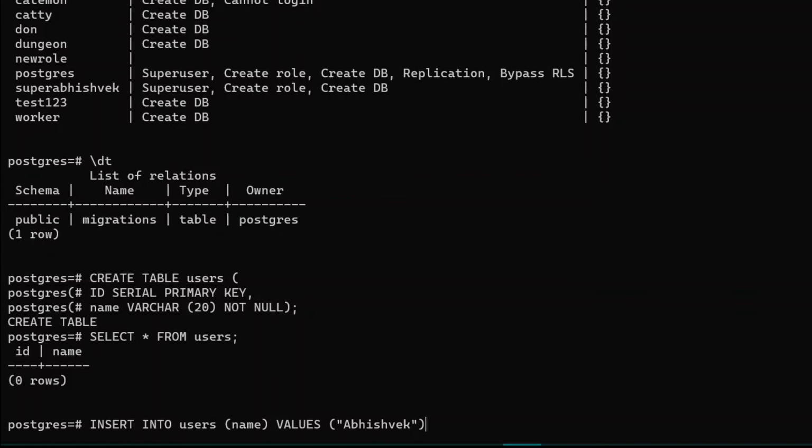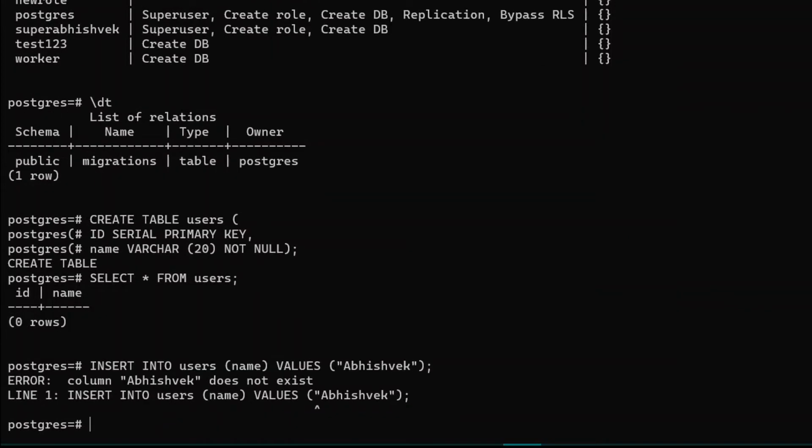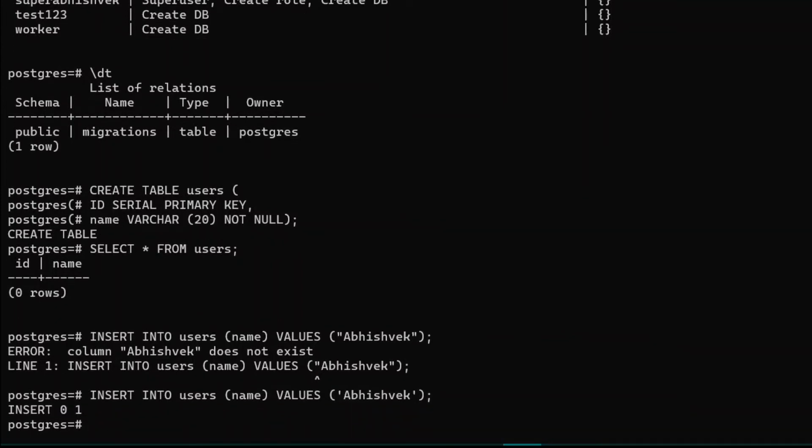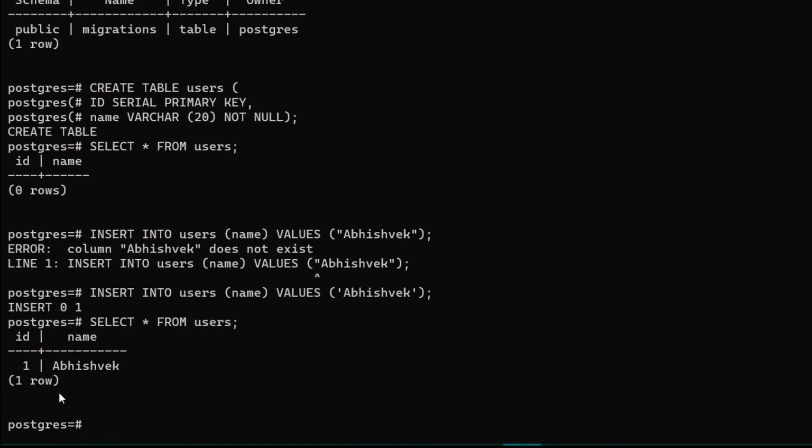Press enter, and now let's check it up. Alright, we don't need the following double quotes but simply a single quote. So let's remove them off and press enter. Cool, so now you can see we are getting the output of 0, 1. So for checking our entire table, you should be writing here the following command of select, just like this. And now you can see that the following ID is incremented by 1, and also we have added a new name here of Abhishek. Let's do it one more time.